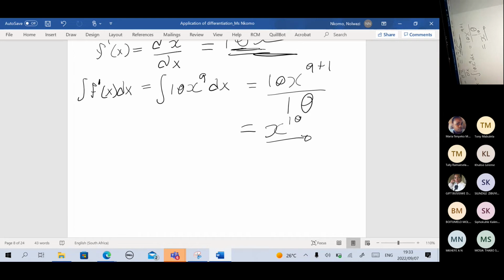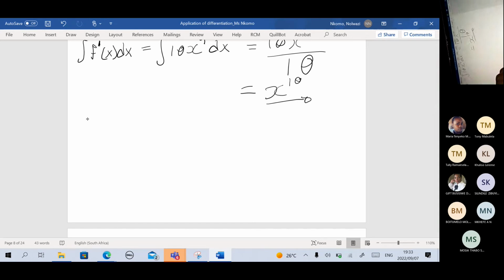Now, we know that the derivative of any constant is 0, right? The derivative of any constant is 0. So this means it is possible that the function that we're differentiating has a constant. That means what we've been doing might be wrong, right? For example, let's say when